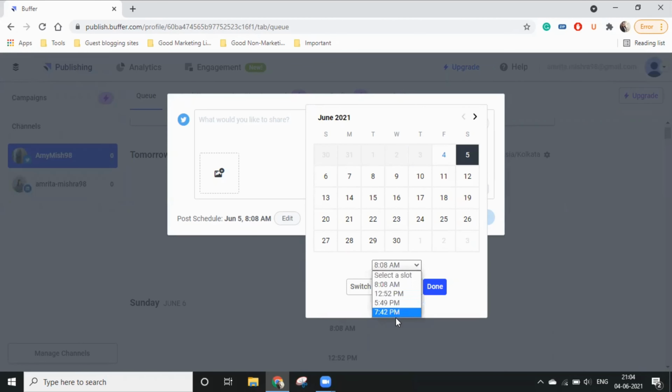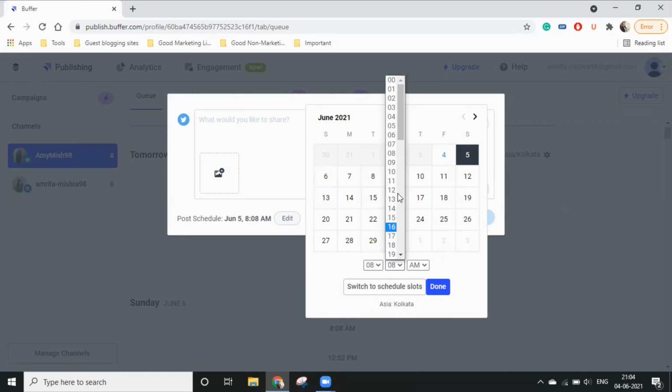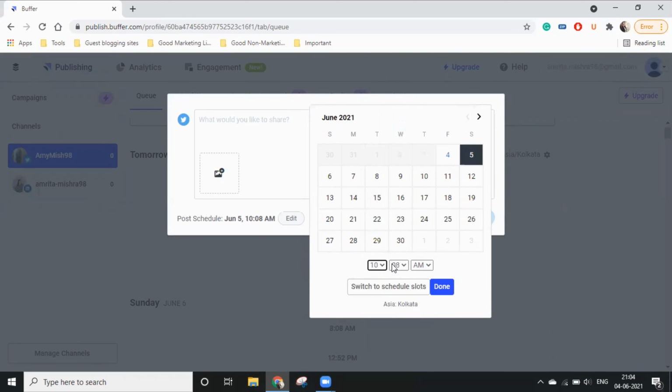Or right here are the time slots, or you can select a custom time, any minute, and obviously AM or PM. So let's do it for 10 a.m. tomorrow.